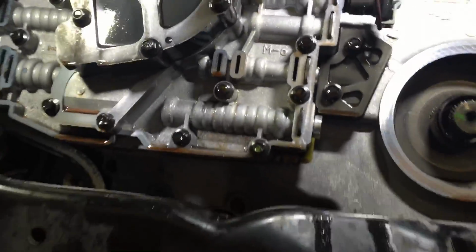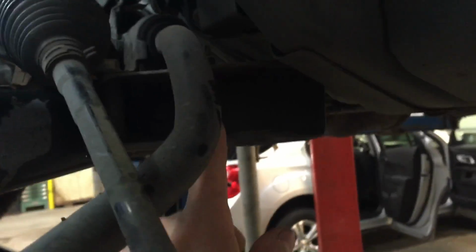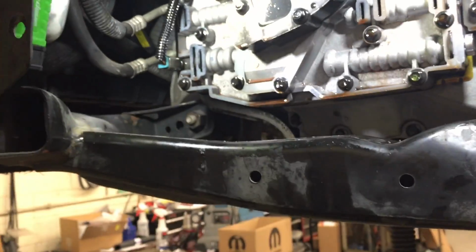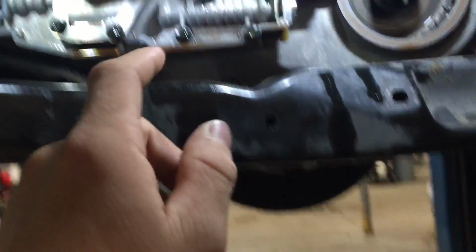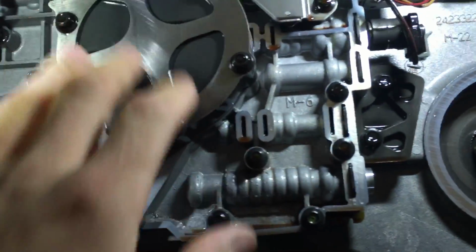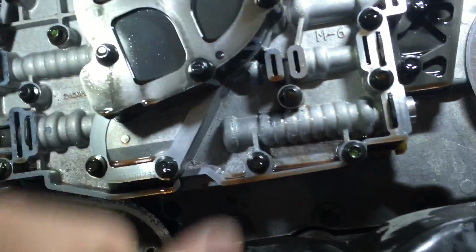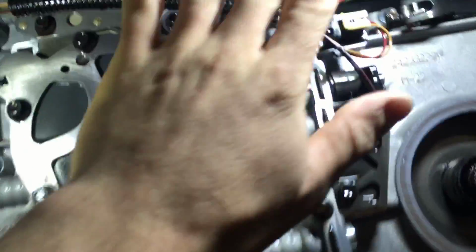Anyways, so after I had jacked that up a little bit, I took the cradle bolts out on the driver's side, so that way the driver's side of the cradle can hang down a little bit. So I dropped that down, and then I used a screw jack to jack the driver's side of the engine and transmission assembly up. And then you take the case loose. You have to work it. You have to maneuver it around quite a bit, but you can eventually get it around the valve body here and around the pump and get it at about a